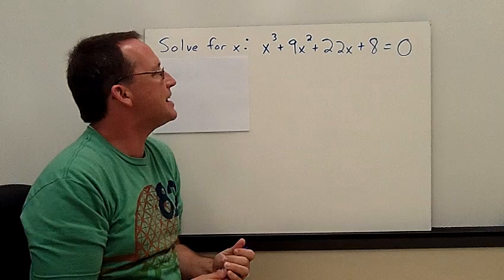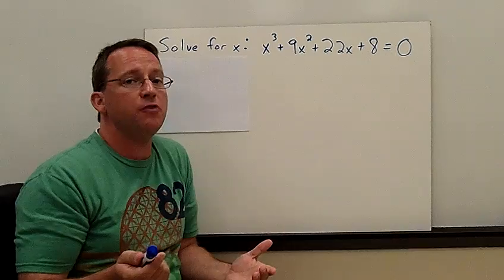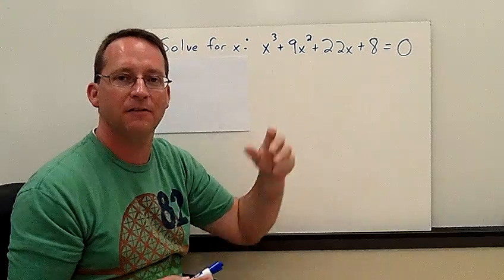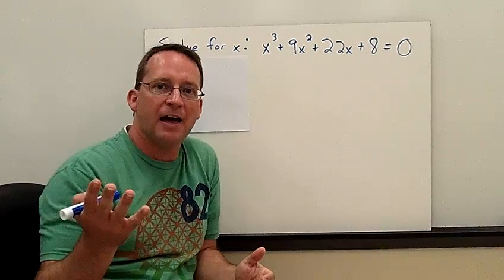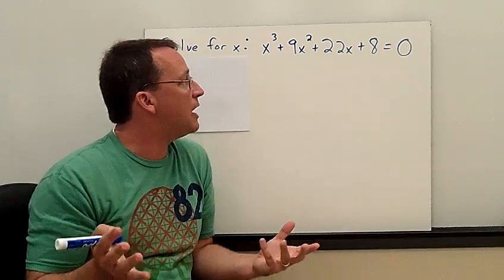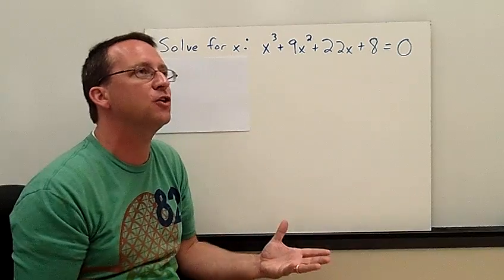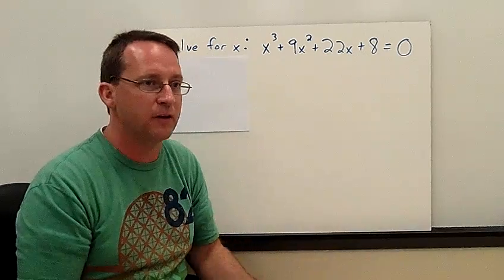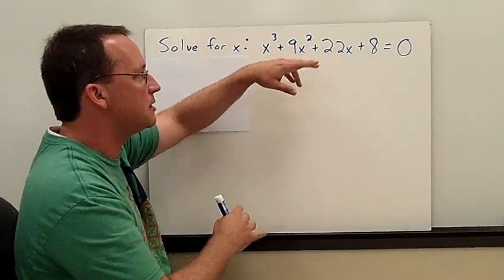It's x cubed plus 9x squared plus 22x plus 8 equals 0. All right? No common factor again. That constant, that 8 at the end, kind of messes this up. I can't take an x out of everything. So I'm hoping to break this down in some way. Unfortunately, I don't have that factor right now. So what I'm going to have to rely on is basically magic. I'm going to just have to hope that something magical happens, and I just know a factor that is going to work for this. So I just sort of sit here and stare and hope that something magical happens, and